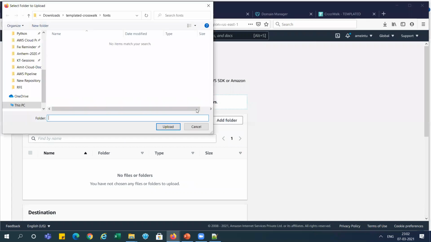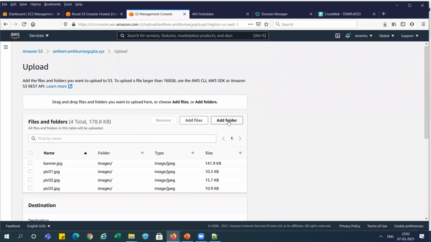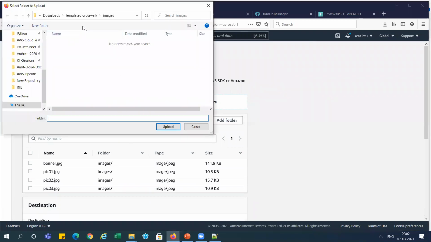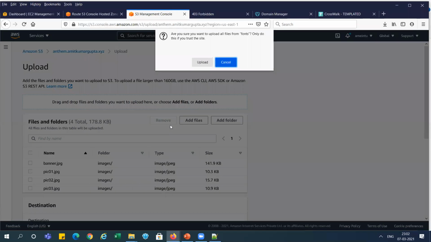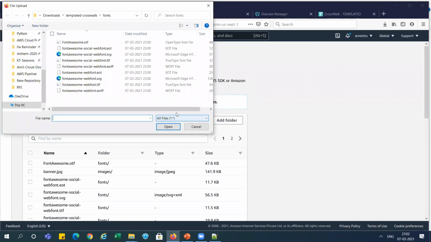Add folders. So we have two folders from the download, you can see. I'm selecting both one by one, images, and next we need to add fonts, right? Upload, and after that I need to add the files.